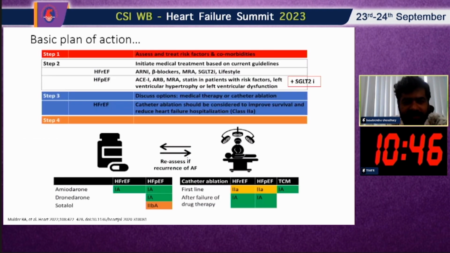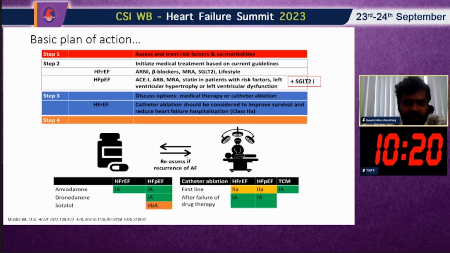Now, what is the basic plan of action in a patient of heart failure with atrial fibrillation? So, step one is assess the comorbidities and address them with pharmacological and non-pharmacological interventions. Step two is initiate medical treatment based on current guidelines. For HFrEF, we all know that ARNI, beta blockers, MRA, SGLT2 inhibitors, and lifestyle modifications are the key pillars